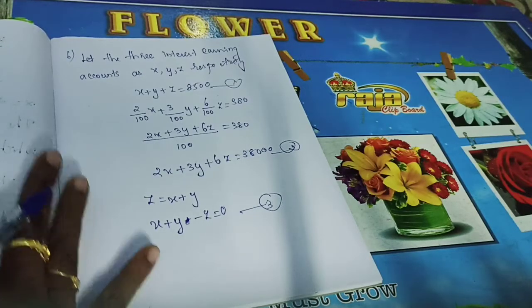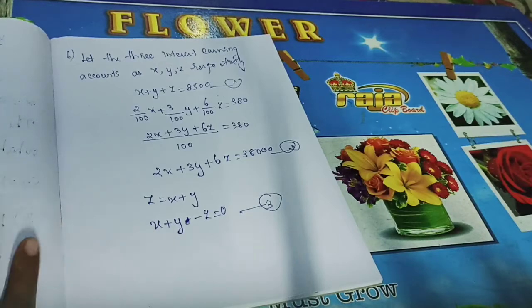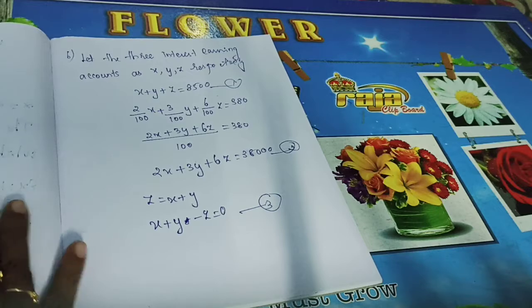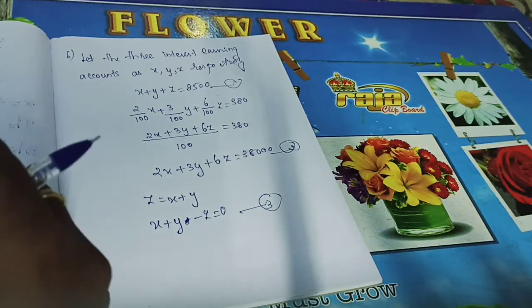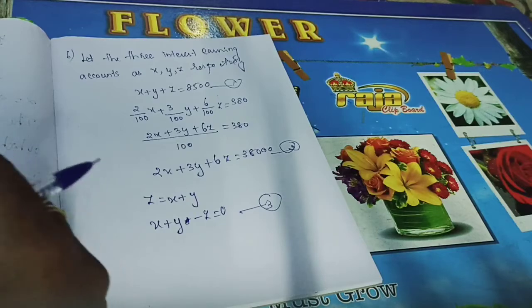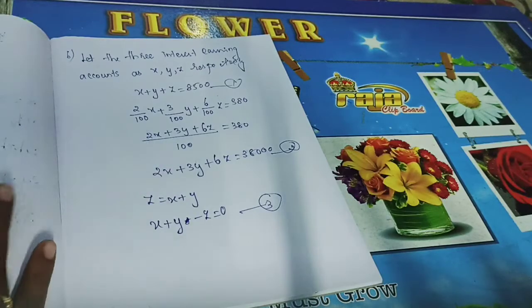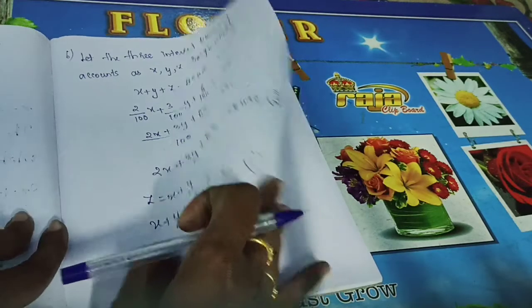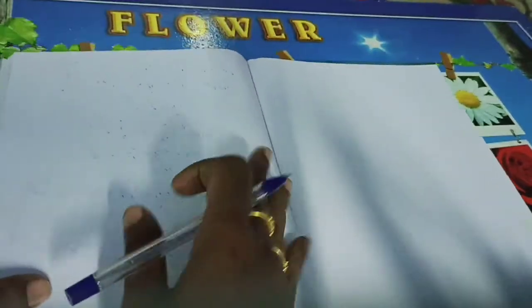Exercise 1.2 is over. So you have learned in the first section how to find x, y and z as well as x, y, that is, how to find the unknown values. How to find the unknown values by using the rank method. How to find the unknown values by using Cramer's rule. Understand? Let's move to the next section, 1.3.